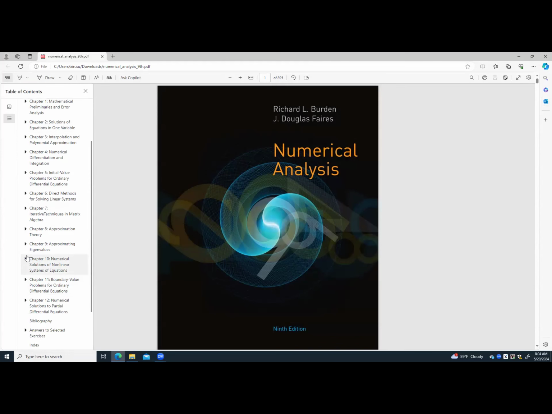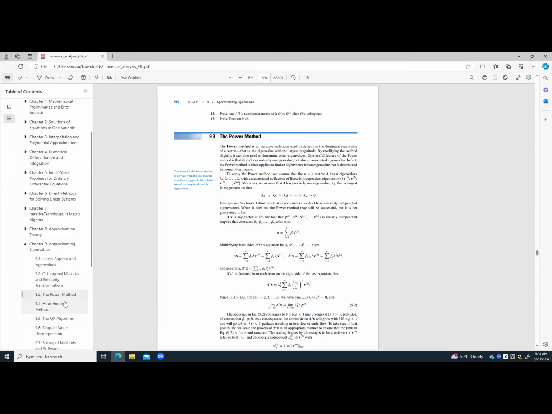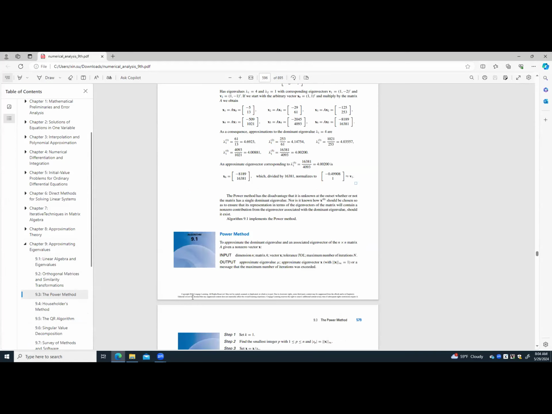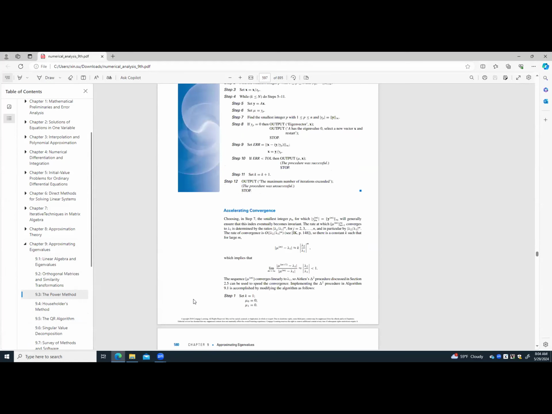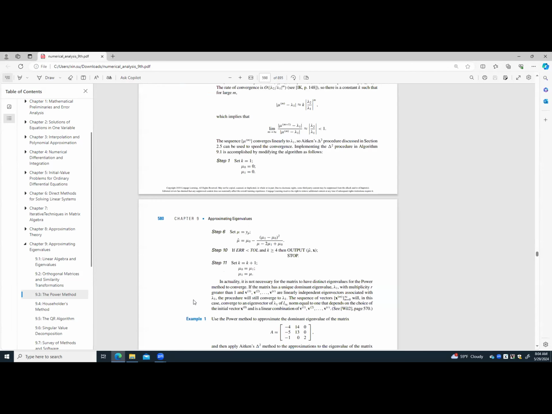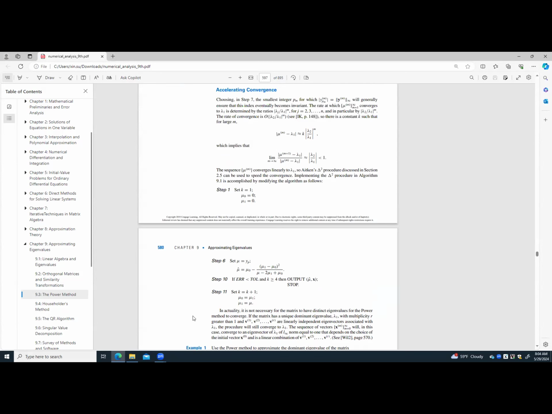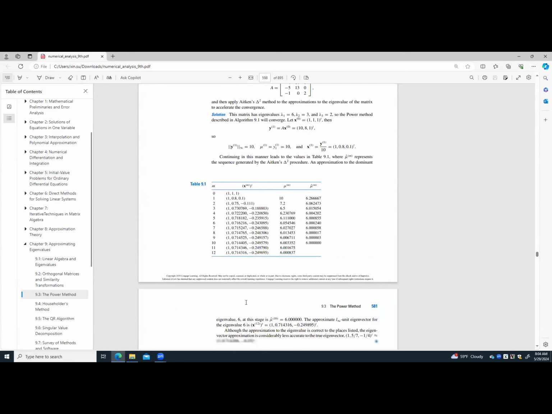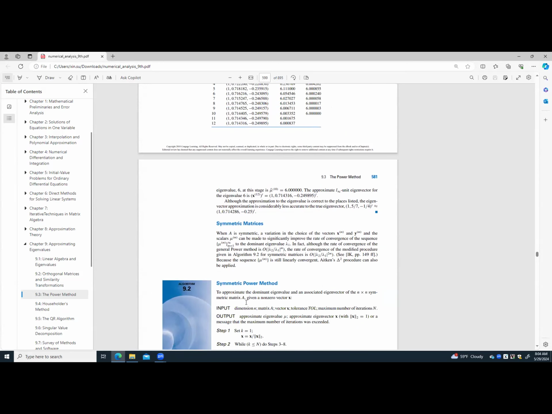that are related to what we have learned. We have already learned the power method, the basic version, and what you are going to read for this chapter is how to accelerate the convergence for the power methods, and also